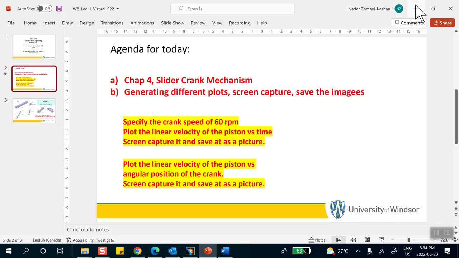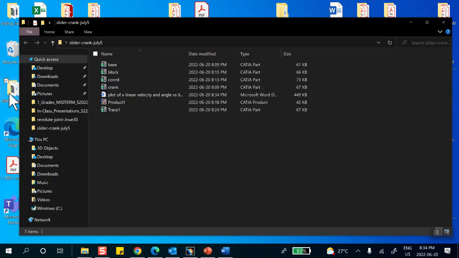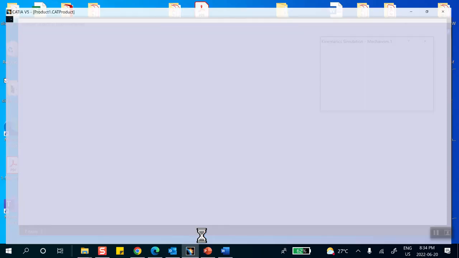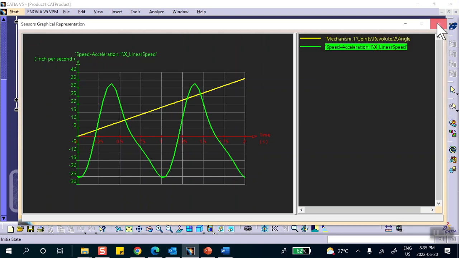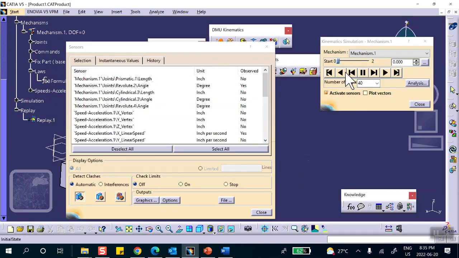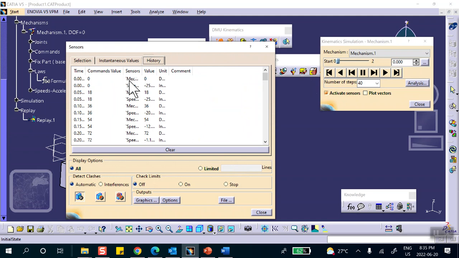Minimize, minimize, slider crank, right here. Plot of x linear velocity and angle versus time. Okay, good. Now I want to get something else. This is done. I'm done with this curve. Rewind, clear history,